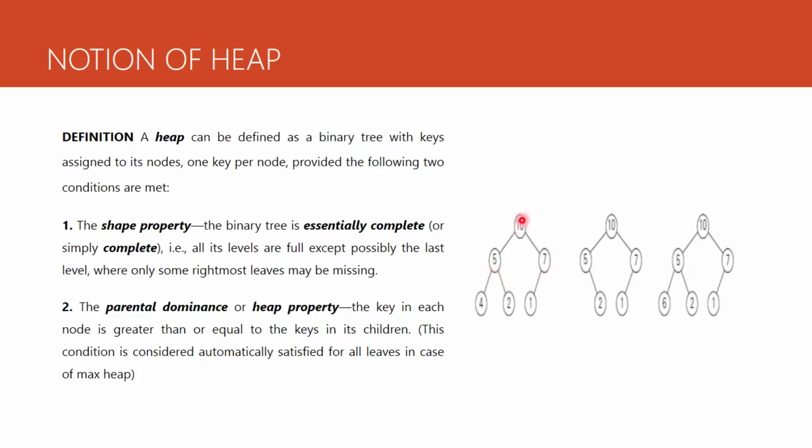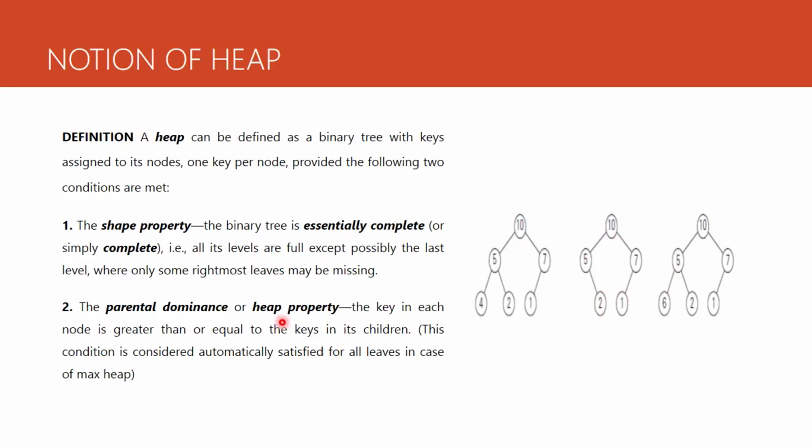Initially you can have one node, then you can have two nodes at the max, and the last level can have 4 nodes at the max. So this is level 1, this level 2, and this level 4 nodes at the max. But we are saying only that rightmost leaves can be missing in the last level. So if the leftmost leaf is missing in the last level, that is not accepted. So this cannot be a heap, because the shape property is violated.